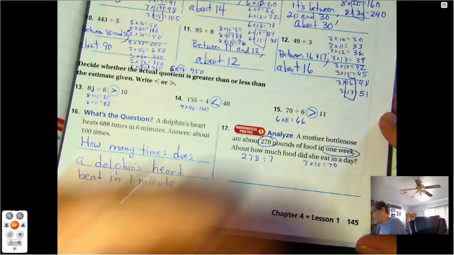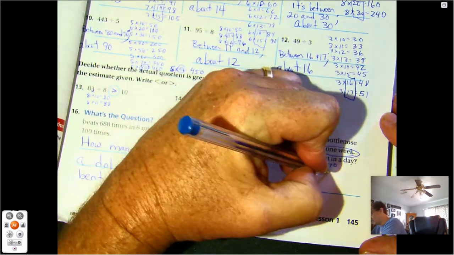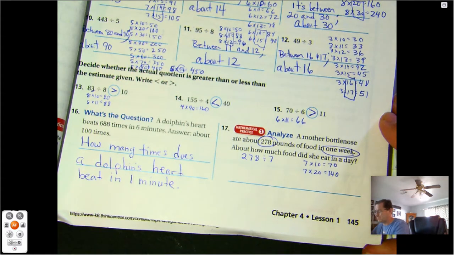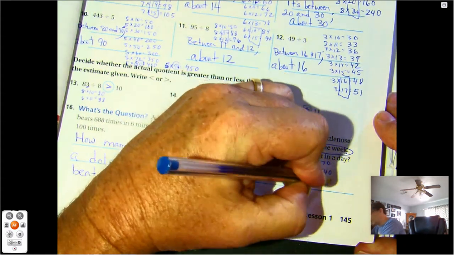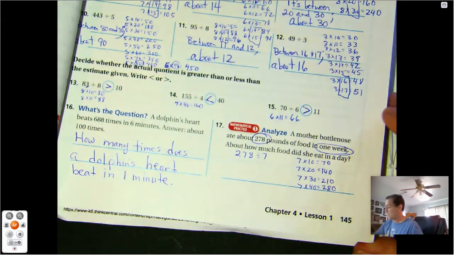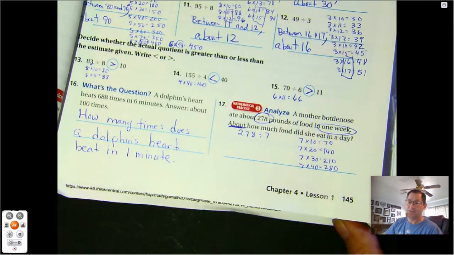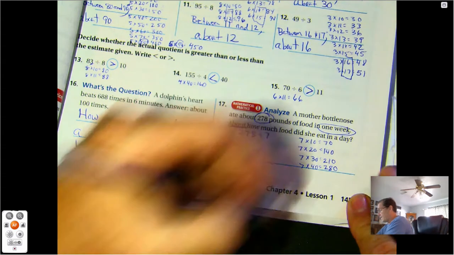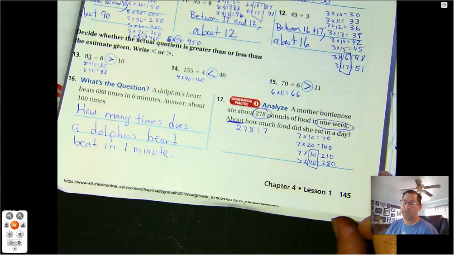7 times 20, 140. Still a ways away. 7 times 30 is 210. Oh, we're getting closer. 7 times 40 is 280. So which one? And then it says about, so I don't need an exact answer. So it eats between 30 and 40 pounds of food per day. And 280 is pretty close to 278. So I'm going to say about